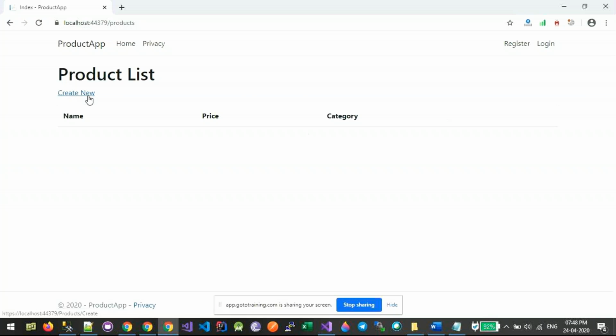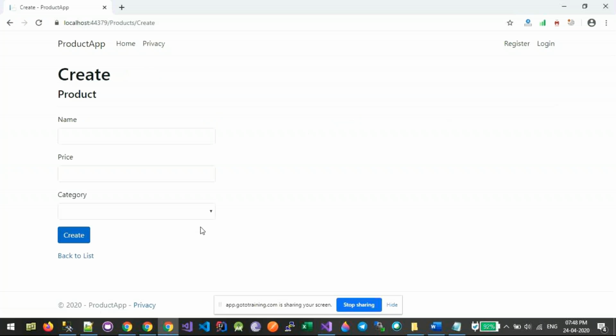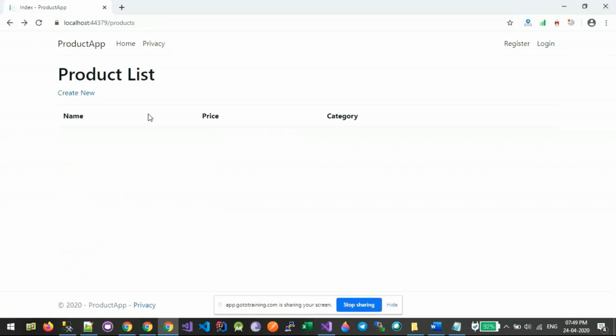Before I go and create a new product, let me still go there. If you notice, there is a problem. So the scaffolding doesn't generate all the required UI or code. So you might have to test it out to make sure that everything is working. So here there is a problem for the category. The list is not displayed, and at the same time, if you remember, we have added identity. So I want to make sure that only logged in users or authenticated users can create the new product.